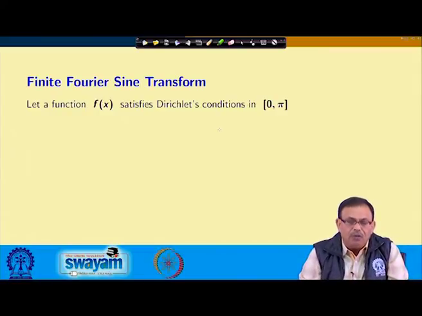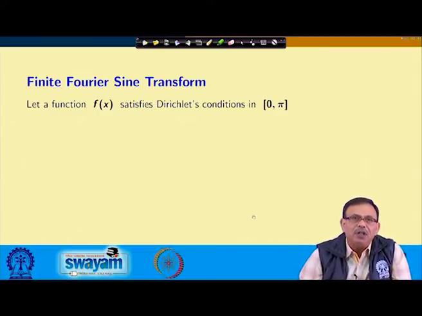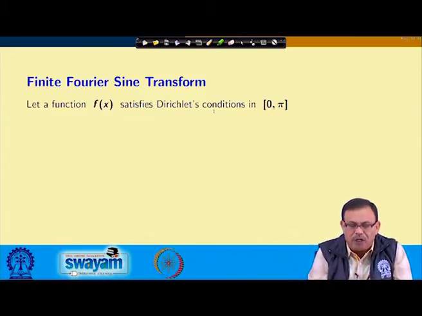So, now let us come to the finite Fourier sine transform. Let a function f x satisfy Dirichlet's condition in 0 to pi. Please note this one. Whenever we have done the Fourier series, we have defined this Dirichlet's condition, so I am not stating it here. Then the finite sine transform of f x is defined as